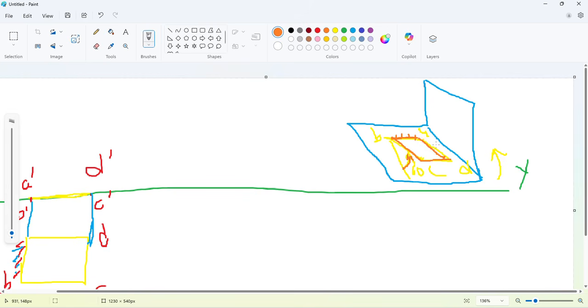So now in front view, instead of a straight line, we will have an inclined line which is going to be at 60 degree. So this is going to be inclined at 60 degree, and in the top view